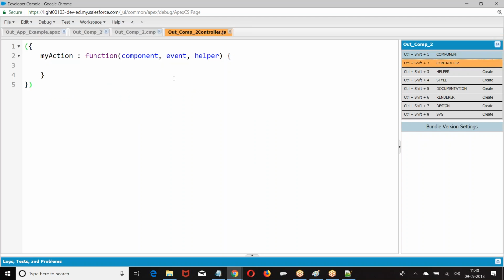I hope you are following my point. So now we created from the VF page, we are calling a component with attributes. Now we are calling a component which is calling a server side controller. Then it is going to use a data table and display the data. So when you call that, it is going to make a call to the server side, get the data and display it in the VF page.